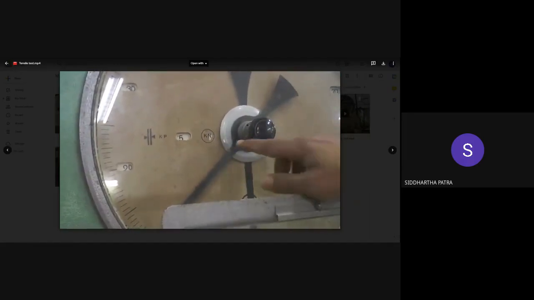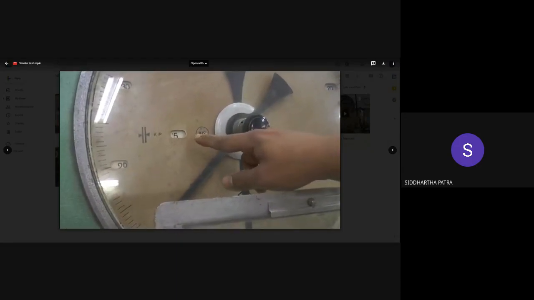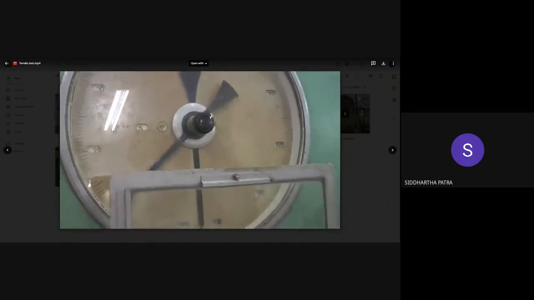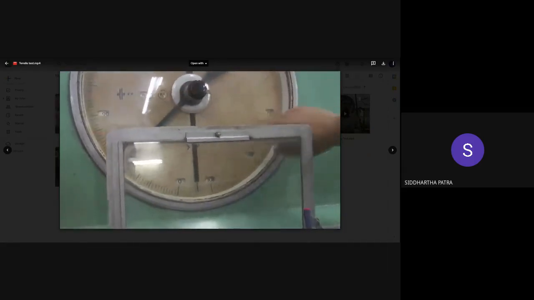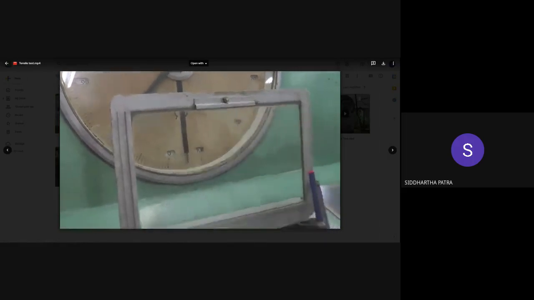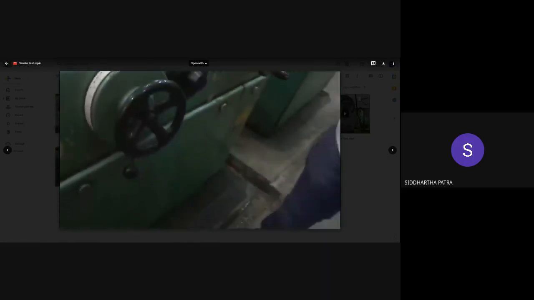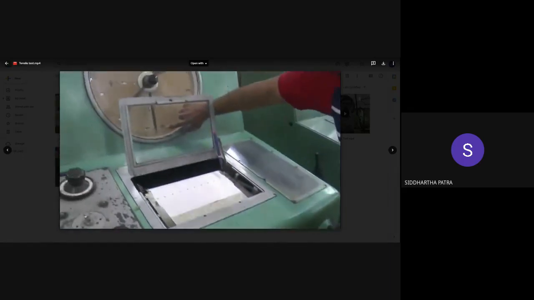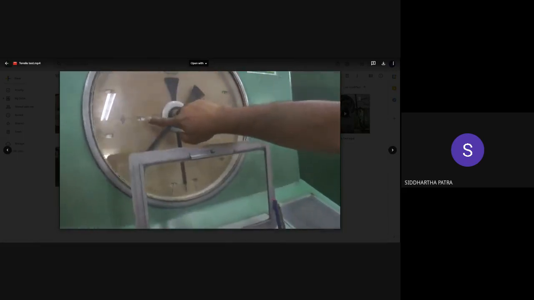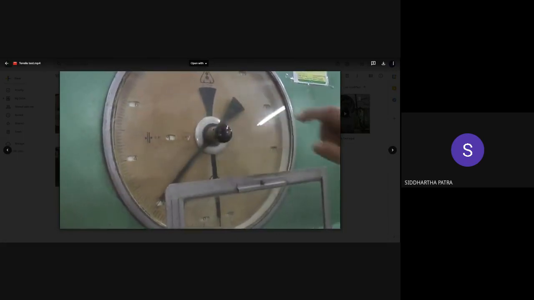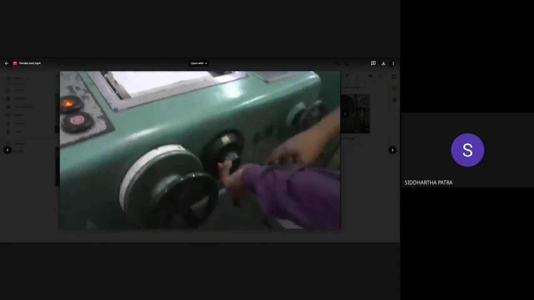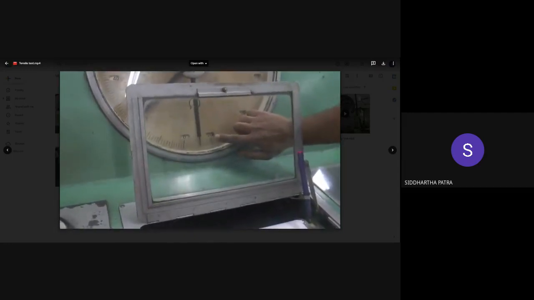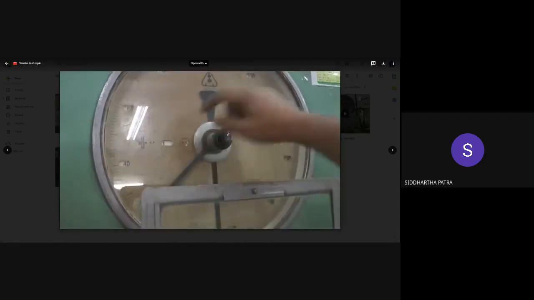Right now it is at 0.5, okay, so that is the least count. This one has a least count of 0.5 kilonewton, and the maximum value of the force is 100 kilonewton. This can also be changed using this handle over there. For example, now it has been changed to a maximum value of 20 kilonewton, with the least count being 0.1 kilonewton. And this one is another scale with a maximum value of 200 kilonewton and the least count being 1 kilonewton.